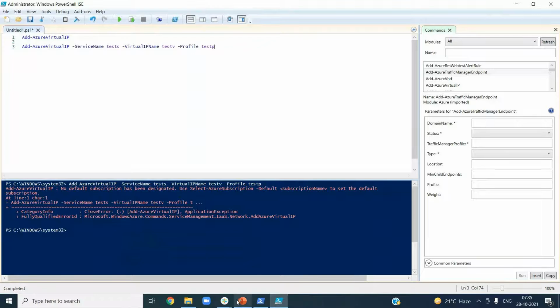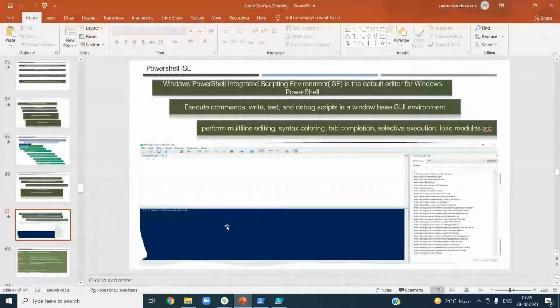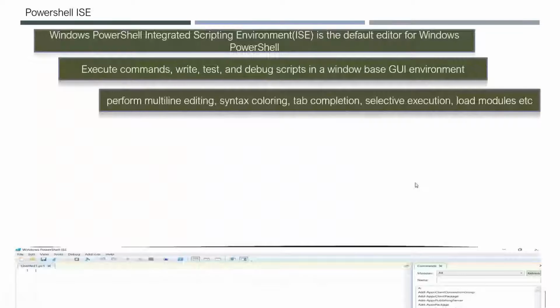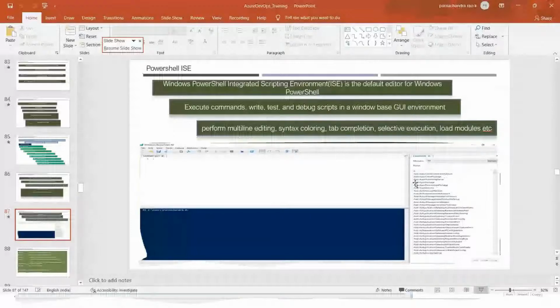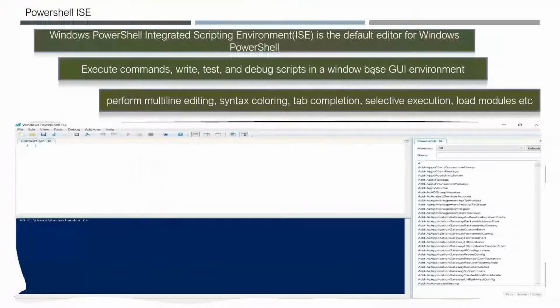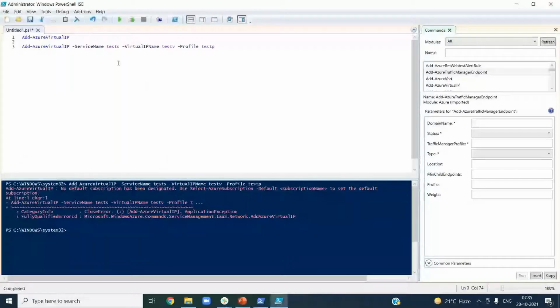Let me come back. So we are slowly starting. The takeaway from here is, if you're writing a script, start using Windows PowerShell ISE.